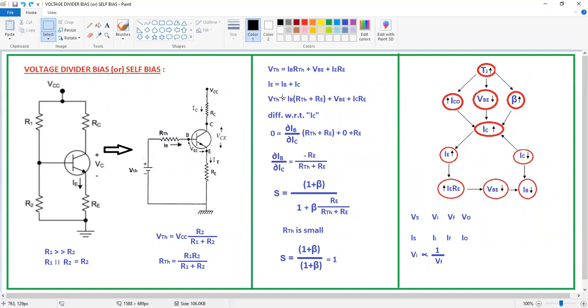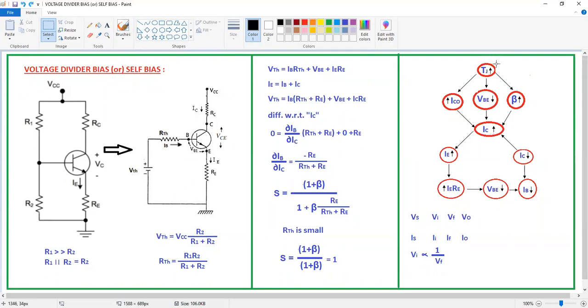Now here we have to determine the stability factor. Before determining the stability factor, I am going to discuss whether the quiescent point is stable or not. Okay, whether the quiescent point is stable or not. Now here,